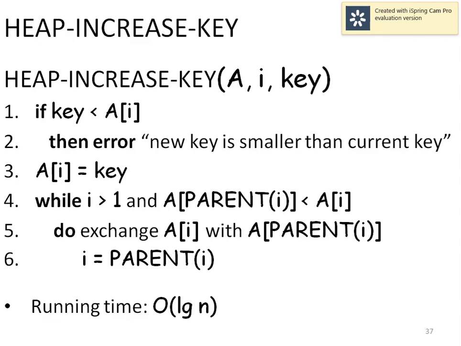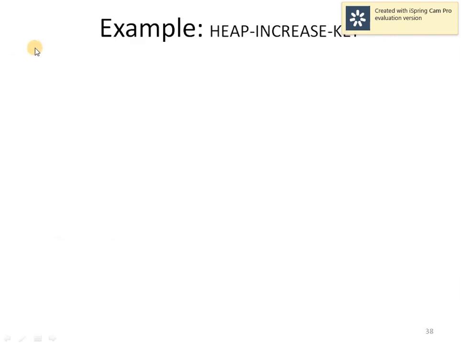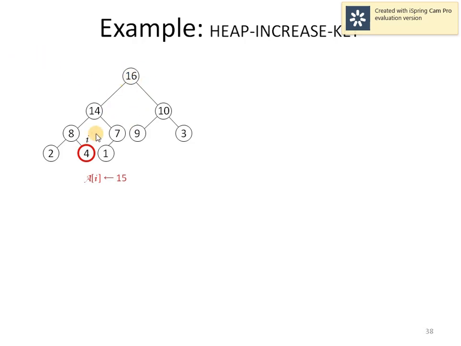So in other words, we are traversing the tree completely from root to leaf. That is the height of a tree, and the maximum height of a heap is never going to exceed a factor of log n because it's a nearly complete binary tree. So let's say we have an example something like this, and we are trying to increase this value of 4 to 15. In this particular case, this i is nothing but the 9th index position. So we are actually trying to replace A[9] with 15.